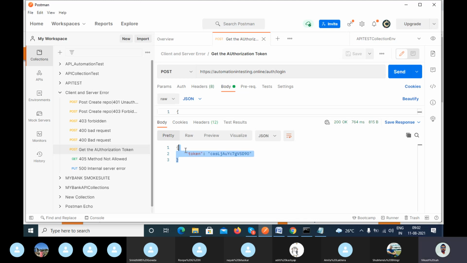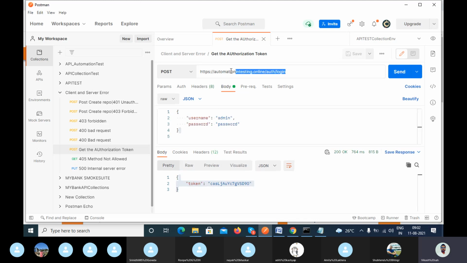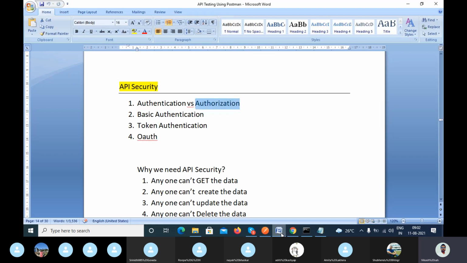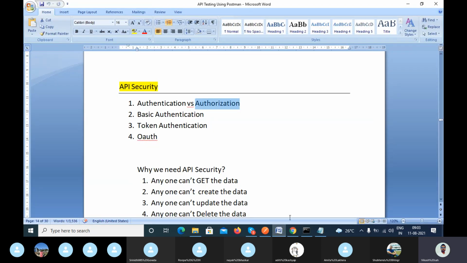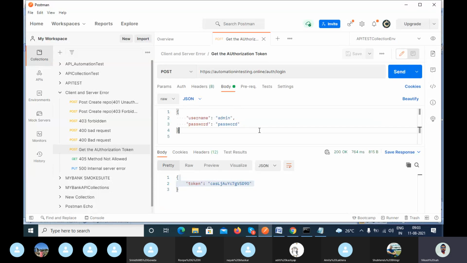For authenticating the user, we have a separate request. They will provide the base URL. We also saw the separate requirements for post, delete, get, and patch. For authenticating the user, you will also get a separate requirement.